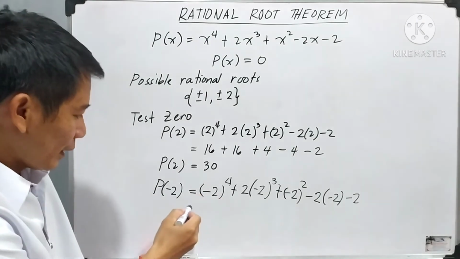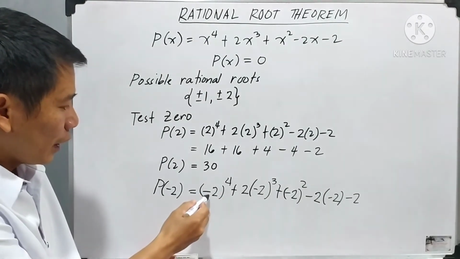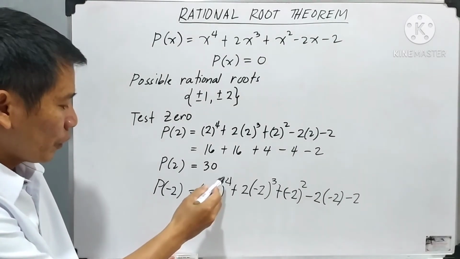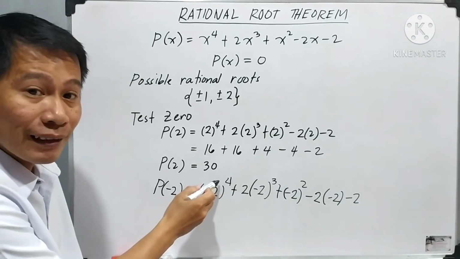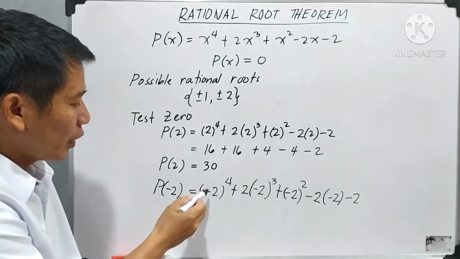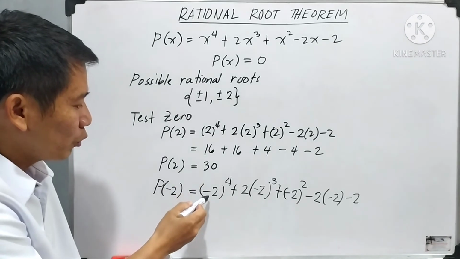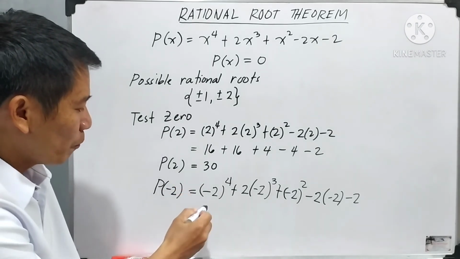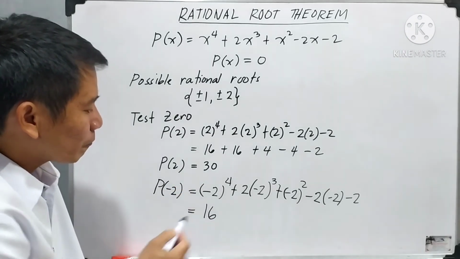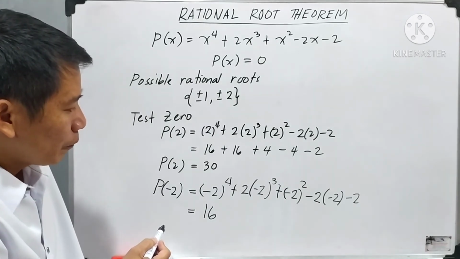Okay, let's compute this. What is negative 2 raised to 4? Since the exponent is even, negative 2 times negative 2 times negative 2 times negative 2 is positive 16. Okay? Then we have here